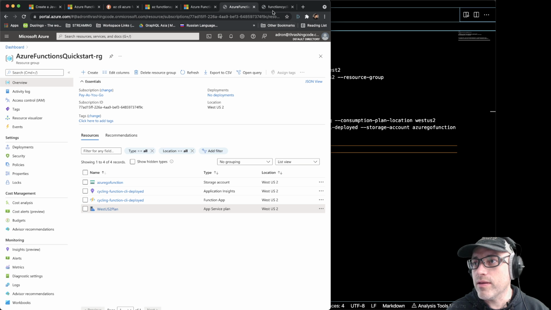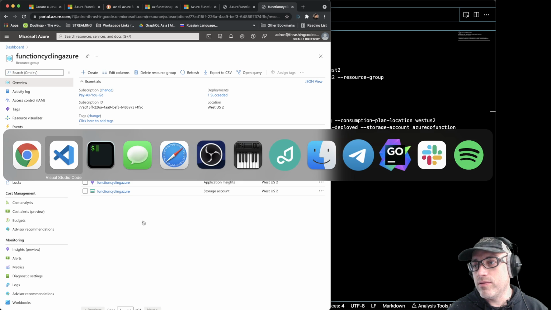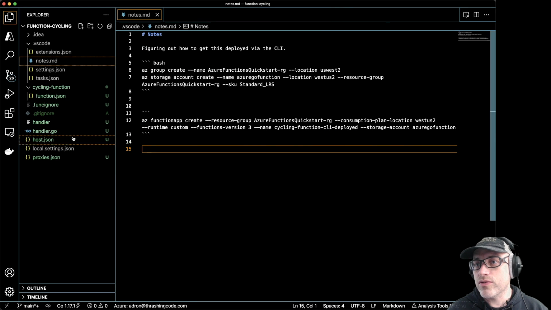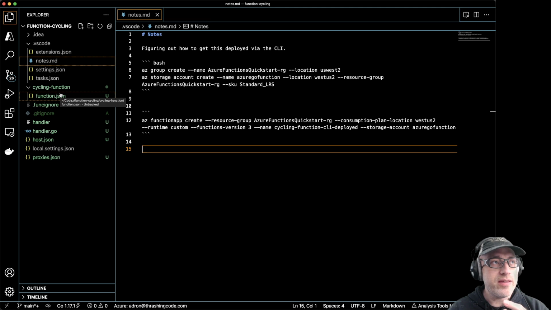I'm going to look at the other one that I did yesterday though. So the function is not there. Let's do this. Here's Visual Studio Code. This is yesterday's. This is the code that I want to deploy to the new location for the one that I'm manually deploying via the CLI. But this is also what I deployed yesterday, or the one via the Twitter thread,